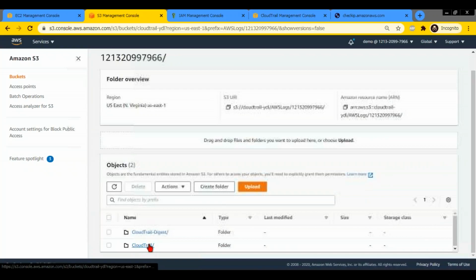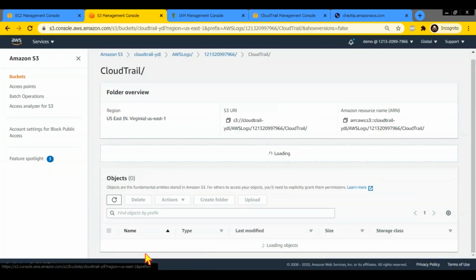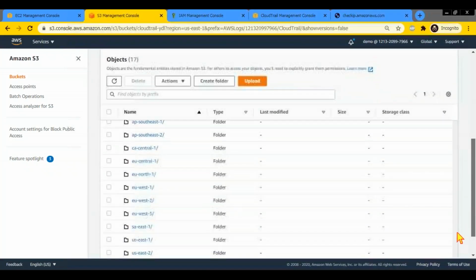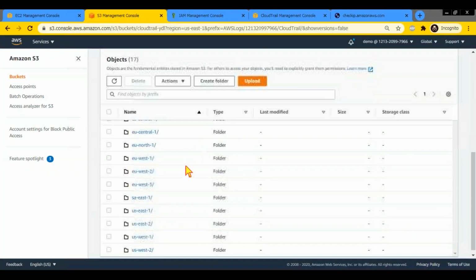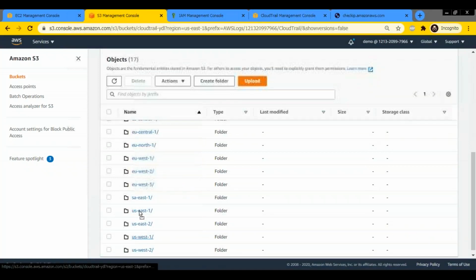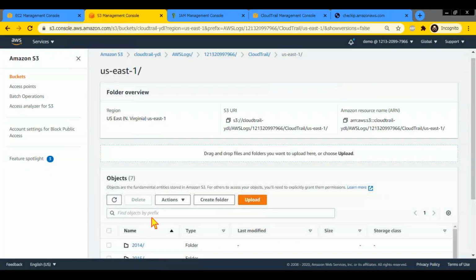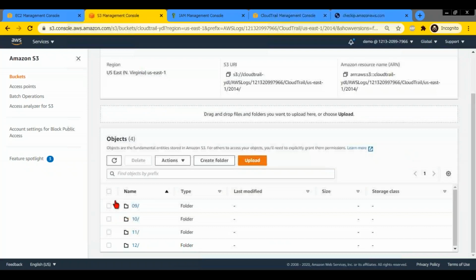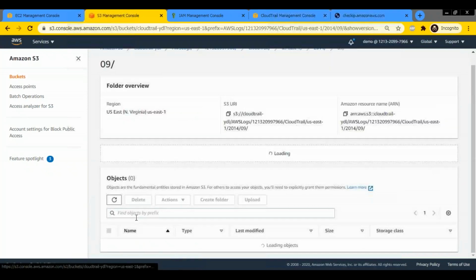Don't worry about this digest, right? So you will go to CloudTrail, right? So inside this you will have a folder for each region, because I enabled CloudTrail for all regions, right? So if you don't use a region, it will not have logs, right? So we use US East 1 a lot. So if I go to US East 1, it will have a folder for each of the years from 14 to 20. So if I go to 14, it will have a folder for each of the months, because I created this in September. It starts with September 09.